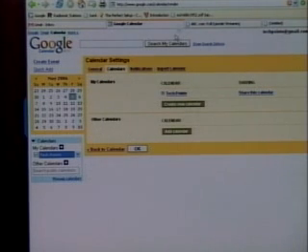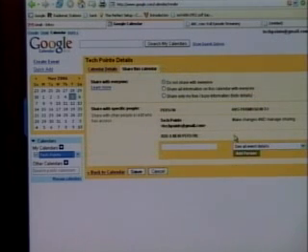Another cool thing is this manage the calendars. You can take these calendars and share them, so you can share the individual calendars with different people. Like you have the ability to look at mine. I can add a person in here, invite them to view my calendar, and then decide what I want them to be able to do in the calendar. They can change things, they can add things, or just see that I'm free or busy. You can see here, share only my free busy information and hide the details. So if I really only wanted Joe to know that I was busy during this certain block of time, he could see that I was busy, but you wouldn't be able to tell what I was actually doing.